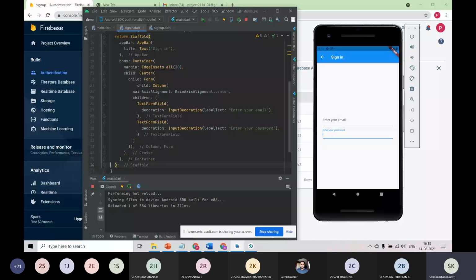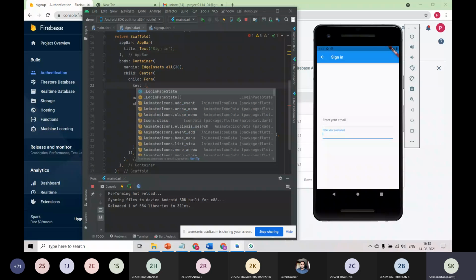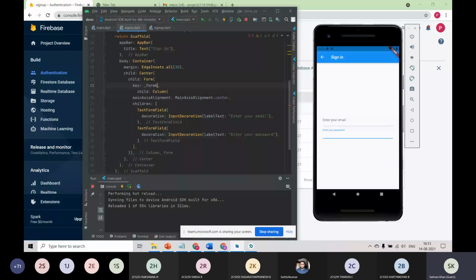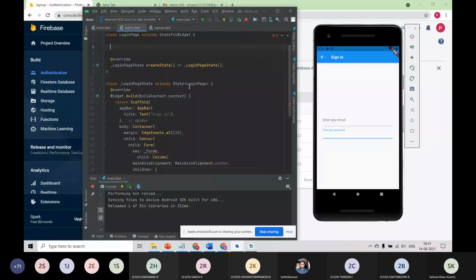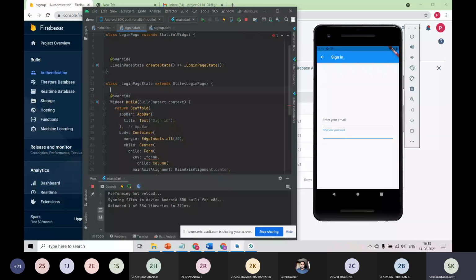And the main reason we use the form key here. Oh, sorry, it should be defined here. Form key always stores the state of this application.